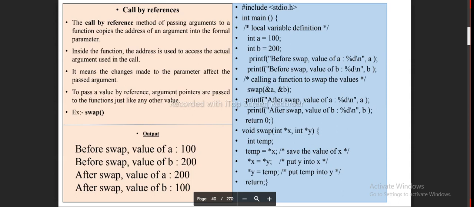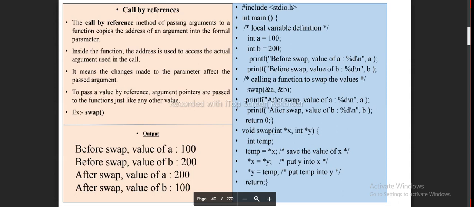return 0. void swap(int *x, int *y) { int temp; temp = *x; /* save the value of x */